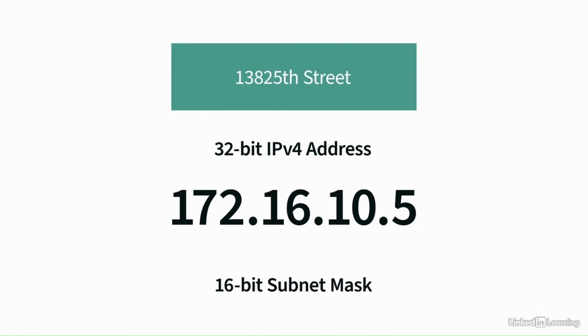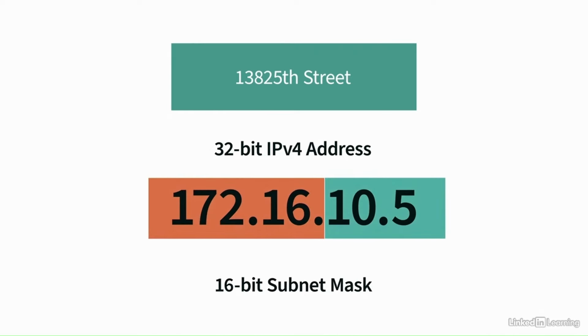The dividing line that's needed to separate the network address from the host address is a subnet mask. And in this example, let's assume that we have a 16-bit subnet mask. Now, that's going to tell us that the first 16 bits of our address, those represent the network. And the last 16 bits, those represent the host. And since this is a non-mathematical course, we're not going to get into the calculation